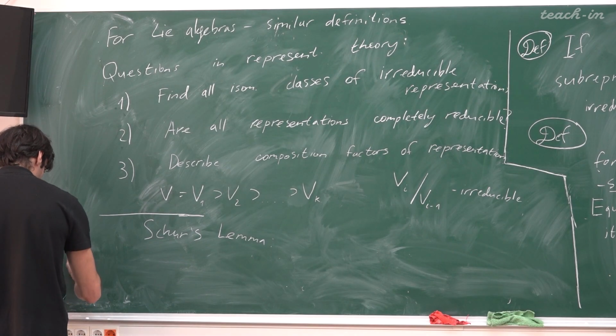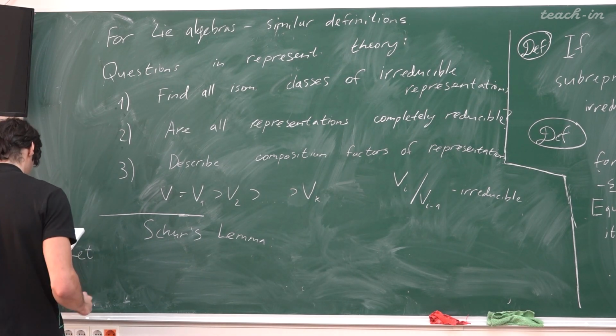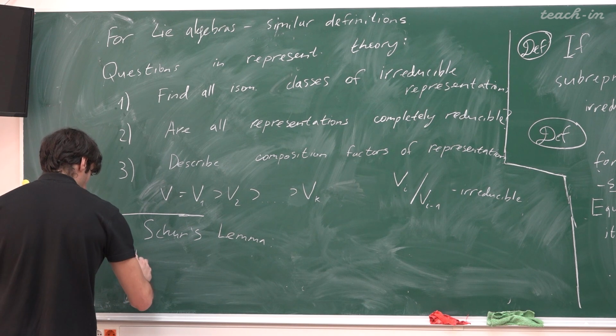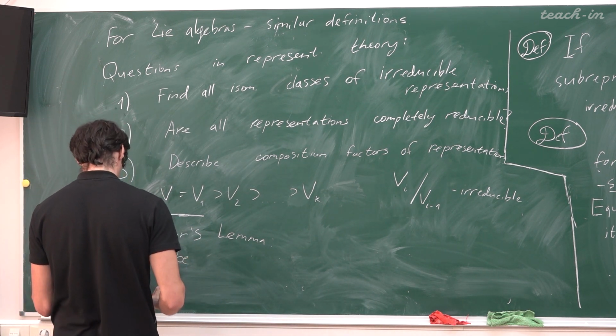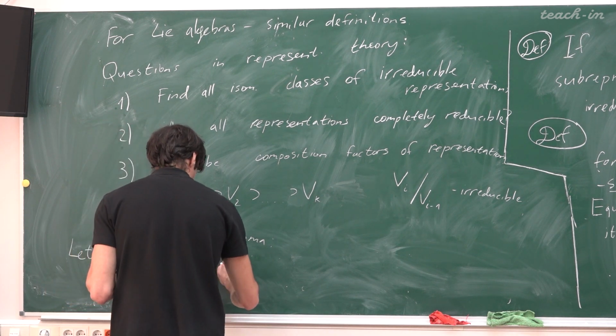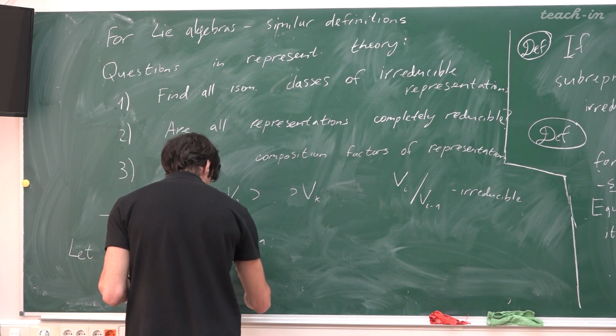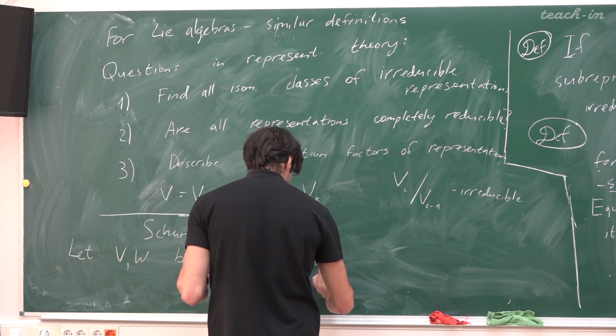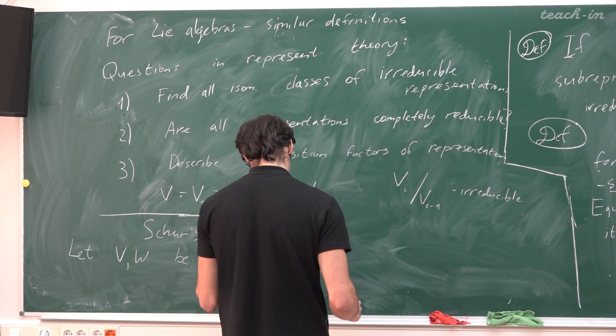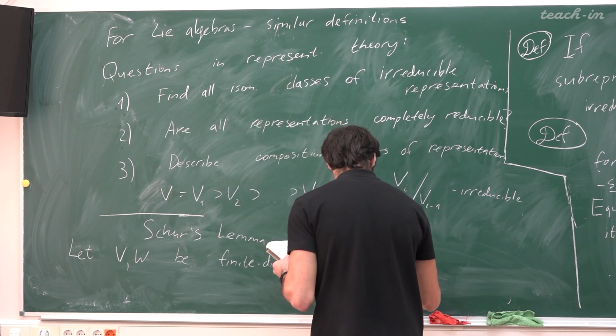Let V and W be two finite dimensional complex representations